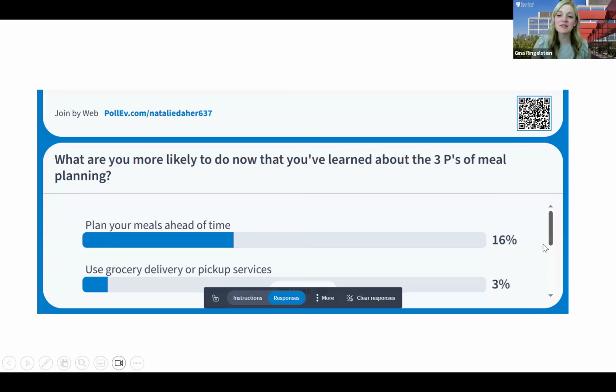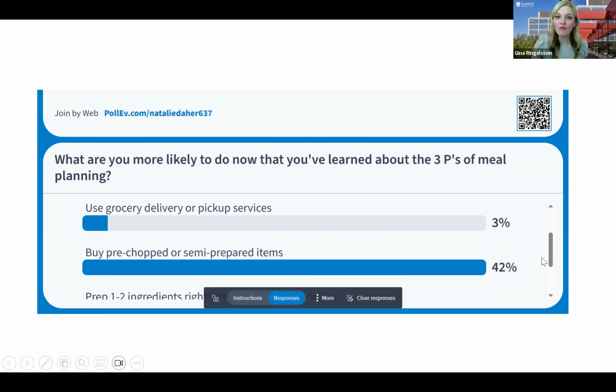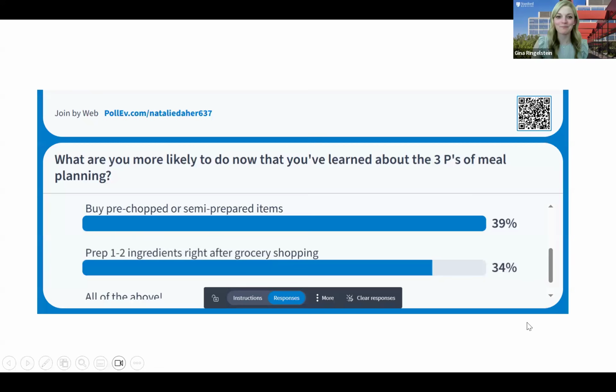But yes, hopefully this is giving you a little bit more confidence that if you've been planning and or prepping your meals, that you can take some pressure off, keep it simplified, and maybe find some shortcuts for making the meal preparation process a little bit easier with some semi-prepared or pre-chopped items to really make it not only taste great, to make it a little bit more time efficient, but to keep it to be something that you actually can consistently do. Sticking to the plan is a big challenge along with time. And so the easier we can make it, the more likely we're going to continue to do it.